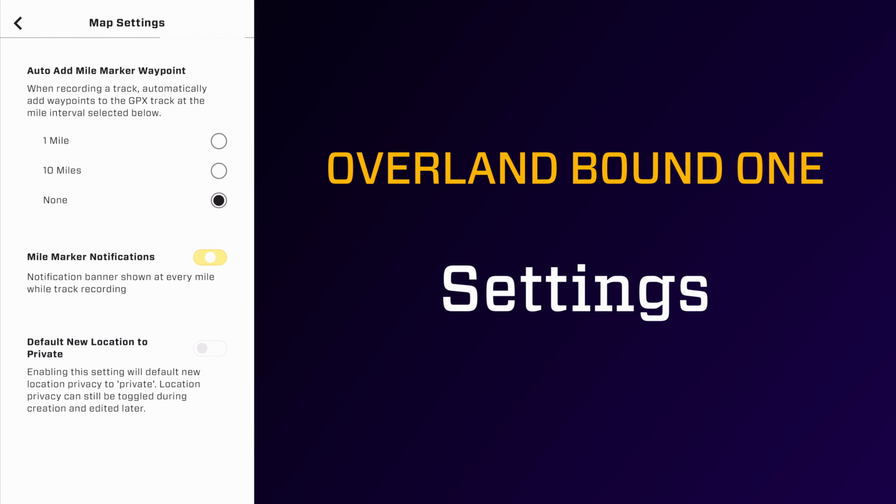And then finally, default new locations to private. So if you're using the app in private mode, you do not intend to share your locations with the community by default, then you can set default new locations to private, and then only you will be able to see them. During the creation process, of course, you can always set it to public if you want to share a